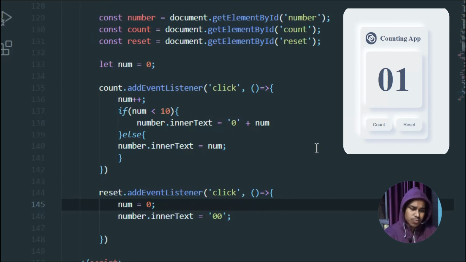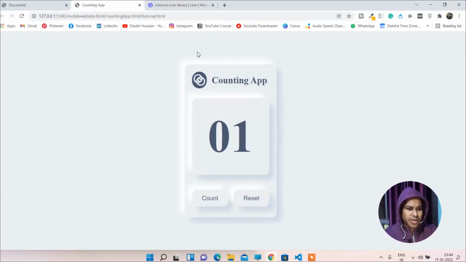This one is a very simple project which gives you a good understanding of how you can target an element, display certain text, and write certain functionality. So again, I'm telling you, all these codes are given on my website. Simply go to Daulat Hussain and the JavaScript project section where you will be able to find everything. Simply open a new tab,